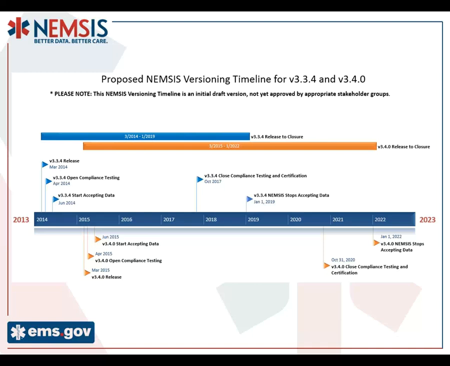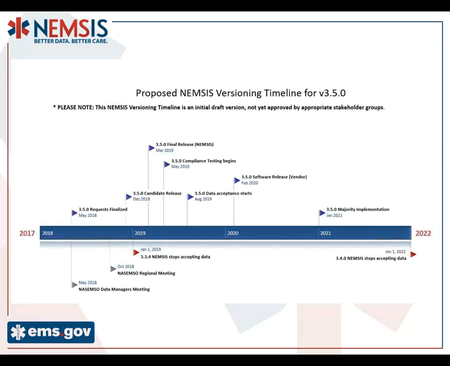In essence, 3.3.4 will have been open for use in the states for 3 months shy of 5 years, and the 3.4.0 standard will be open for 3 months shy of 7 years. So clearly, those have been long-lasting standards that have served us well. Well, what would happen with 3.5.0? Here's the proposed timeline for that. We would finalize all of these revision requests by May of next year, and have a candidate release out by December of 2018. Our vendors would be releasing 3.5.0 software in about 2020,